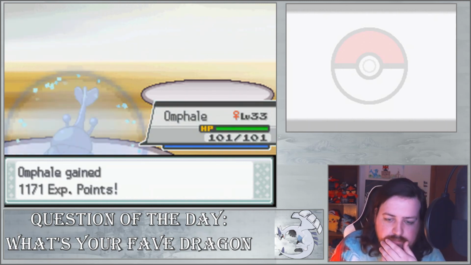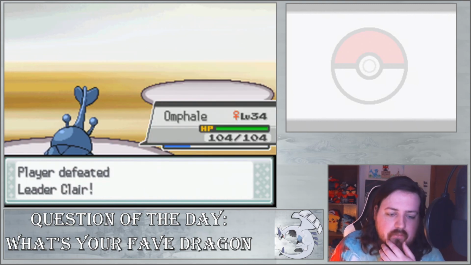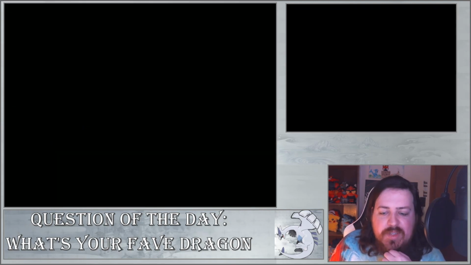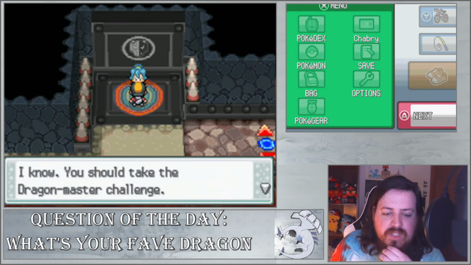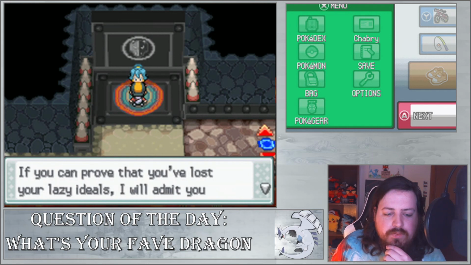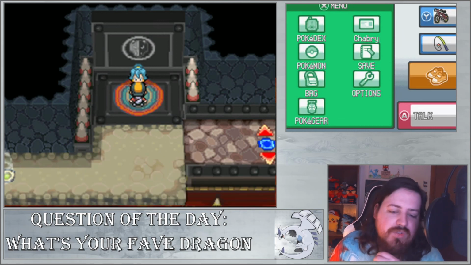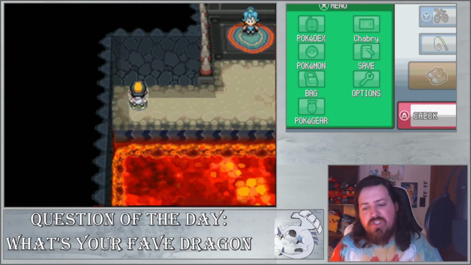Nice. Alright. Well, with that, we have defeated Clair, the last gym leader. And she says, "This must be some sort of mistake. I won't concede. I might have lost, but you're still not ready for the league. You should take on the Dragon Master behind the gym, the Dragon's Den, small shrine. Go. If you can prove that you've lost your lazy ideals, I'll admit that I just defeated you. Give me the badge." Well, anyway, now you have to go to the Dragon's Den, because she still won't concede